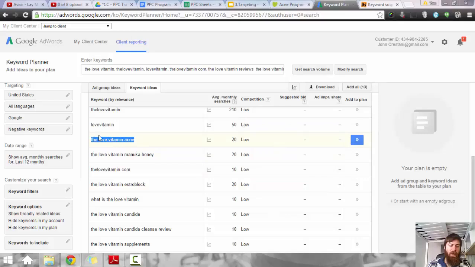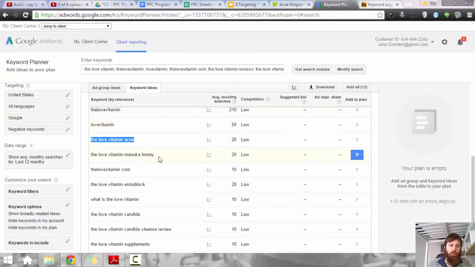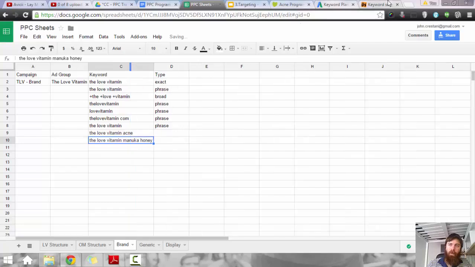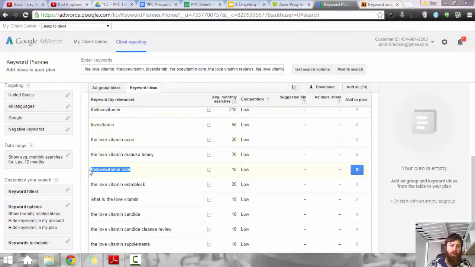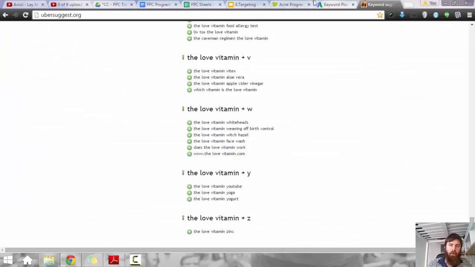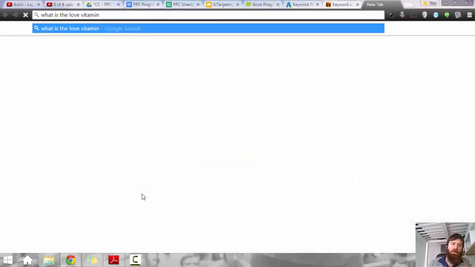I'm going to say love vitamin acne. Love vitamin manuka honey. Lovevitamin.com, we already got that. The Love Vitamin Estro block. What is the Love Vitamin? So some of these, I'm just interested in,